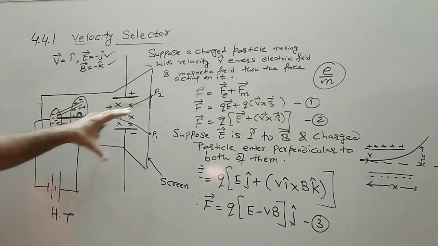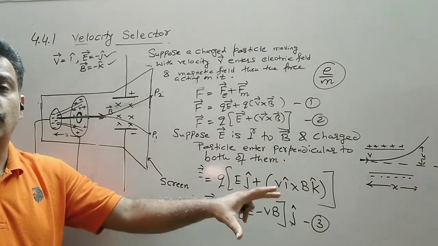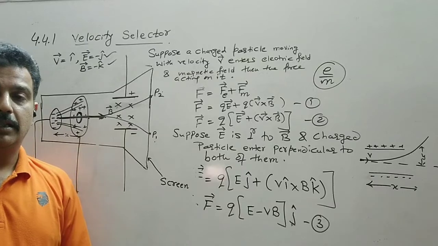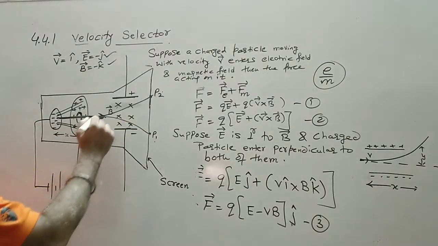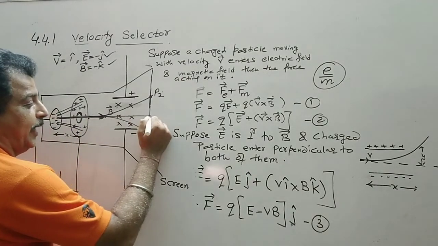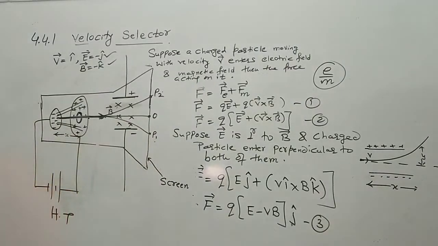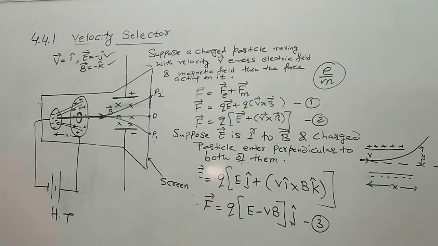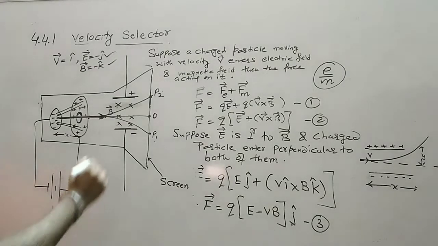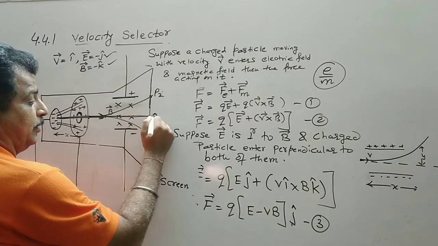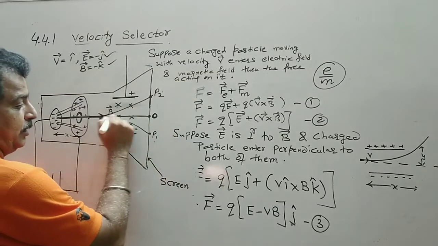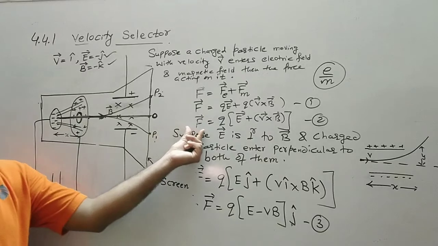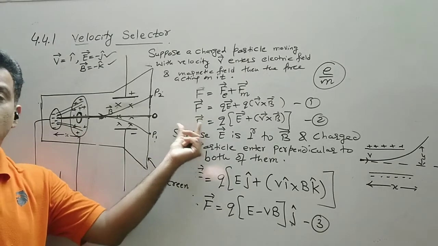Now what we have done in this theory, we have to adjust the value of QE and this such that the particle remains undeviated and it strikes at this point. So we made the electric field and the magnetic field to be crossed. So when this beam strikes straight, at this point O, the resultant force was 0.